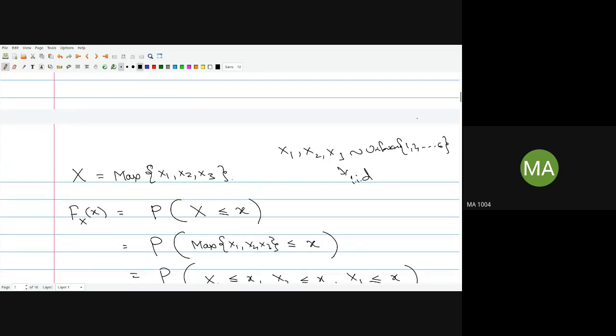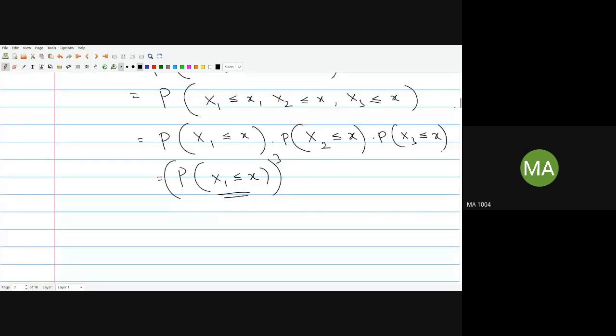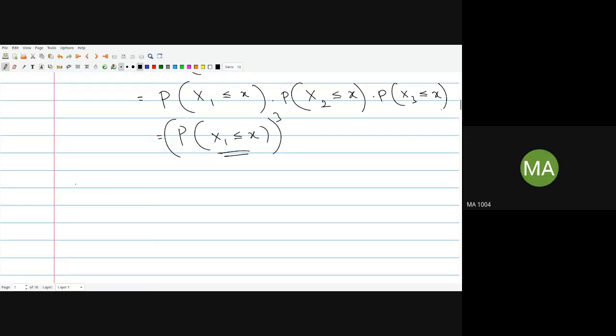So x1 follows uniform 1, 2, ..., 6. Can we find the PDF of it, the CDF of it? Yes or no? We have seen that, right? A fair die is thrown, and what is the CDF of it? From there you will get k by 6. Sorry, x by 6. If I take k, it will be k by 6.